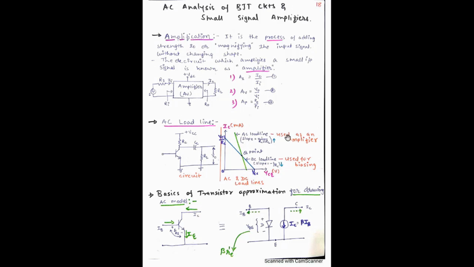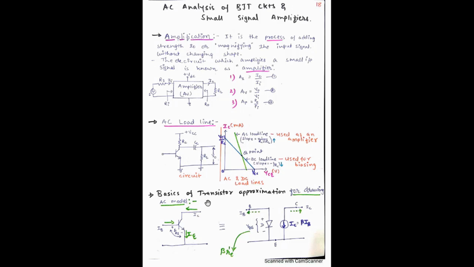But in this chapter, when we want to do any AC analysis or assumed model of a small signal amplifier, at that time we need to understand the concept of the AC load line. So dear students, again I am repeating, we have studied two main points. First of all, what is amplification, and then what is the AC load line, and how it differs from the DC load line, in terms of slope and in terms of application.